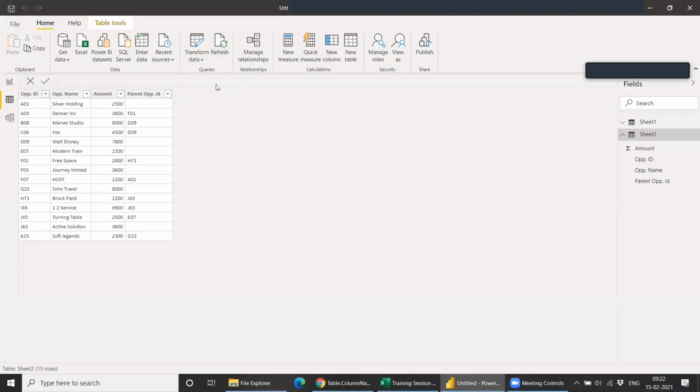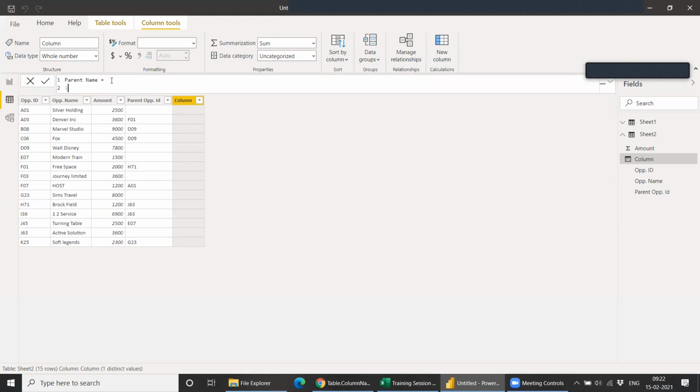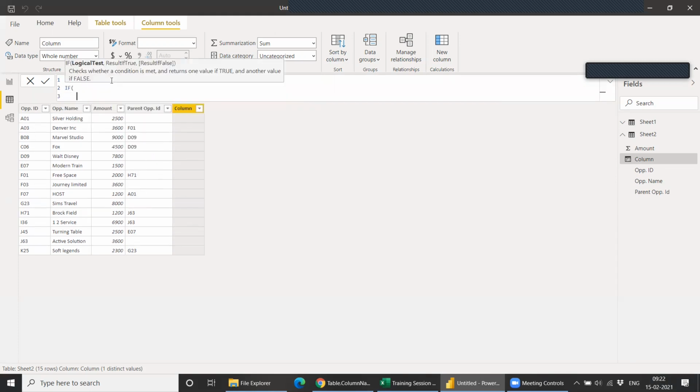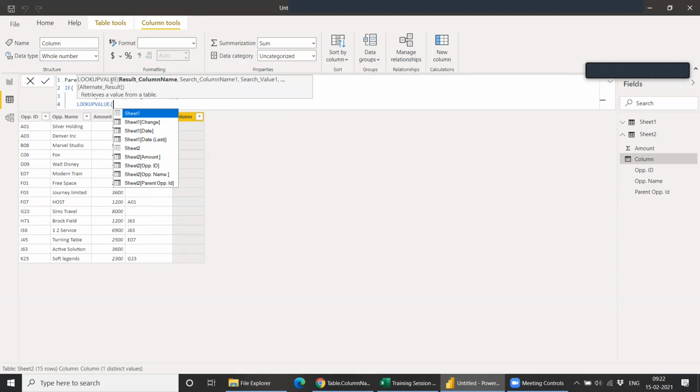Okay. So for that, what we'll do, we'll use a DAX statement. We'll use a function of VLOOKUP. What we'll do is, if parent op ID is not equal to blank, we'll do a lookup value. For that, first you need to give a resultant column name. So from which column you want the value. So we'll check op name.